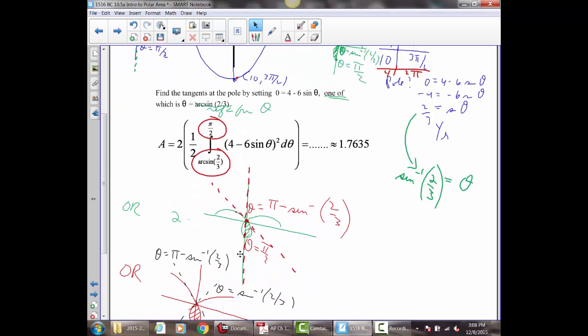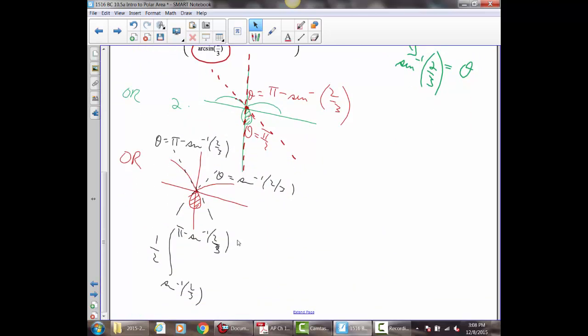You could go from pi over 2, actually you can't. If you wanted this piece here, you would have to go from the inverse sine of 2/3, which is here, to pi minus the inverse sine of 2/3, which is really complicated, because you can't go from pi over 2 to the inverse sine of 2/3 because that's actually going backwards. So try and find an easy forward straight